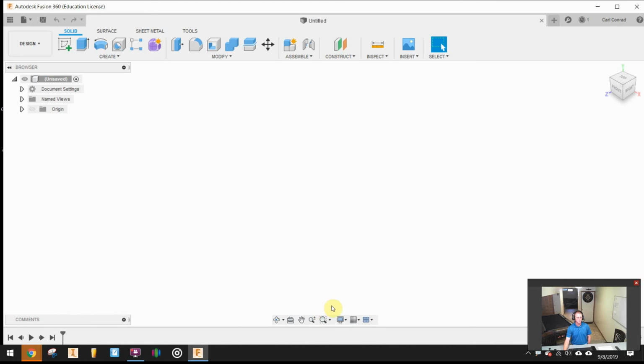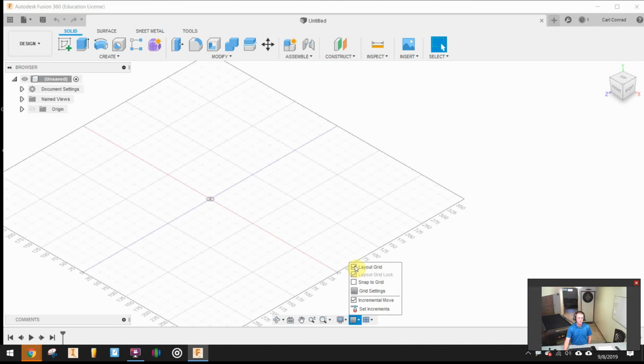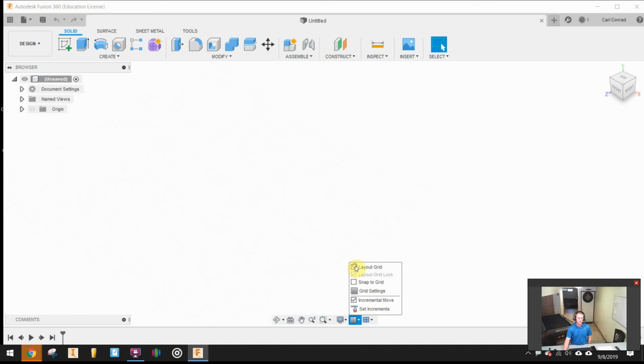model history. Some changes that you probably want to change is you want to make sure that your layout grid, you can see there what happens if you turn it off and on. You want the layout grid off and snap to grid off, and then on the